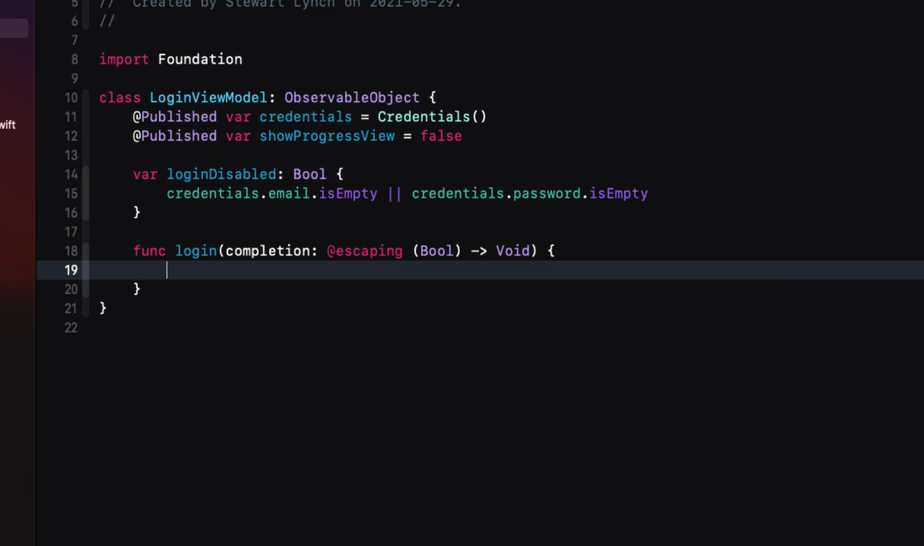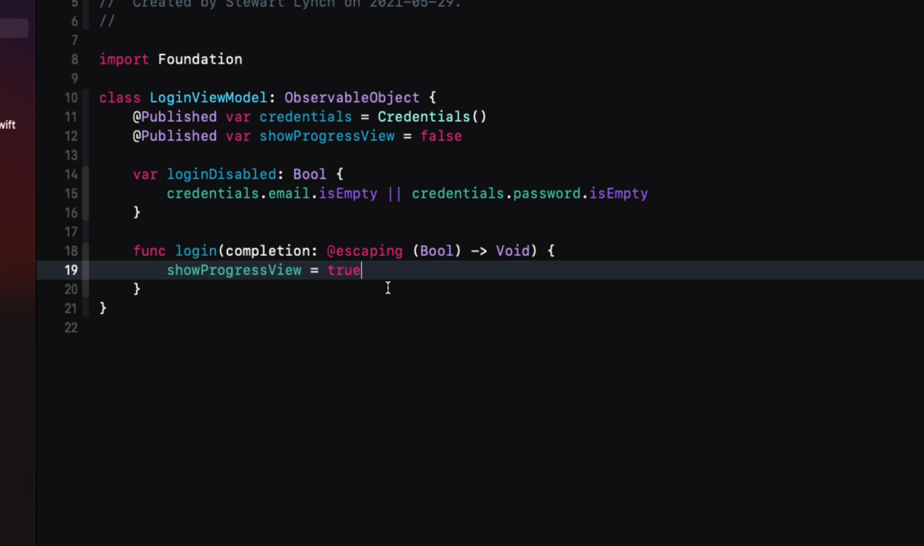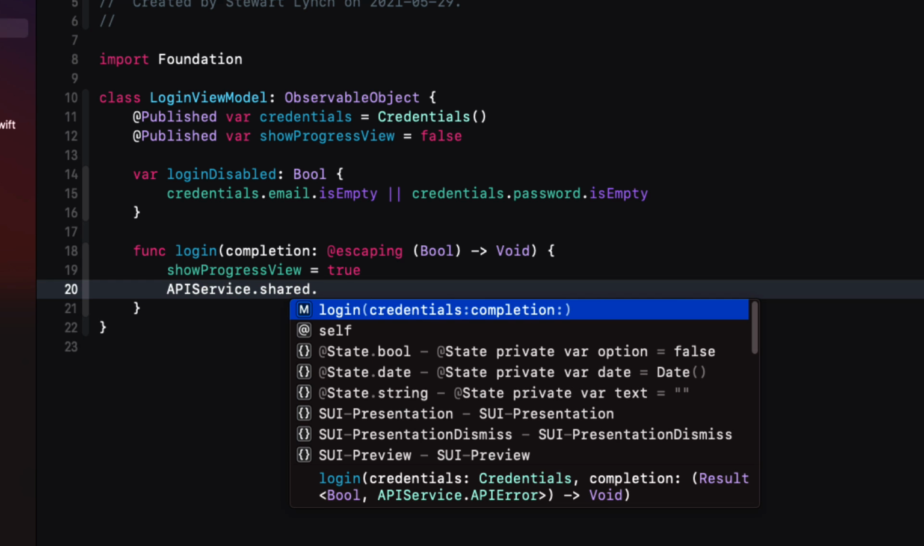Now the first thing we want to do within the body of our function is to show our progress view. So we'll set that property to true. Next, we'll call our API services login function. Now API service is a singleton and the login function is a static function of the shared singleton. So we'll use the API